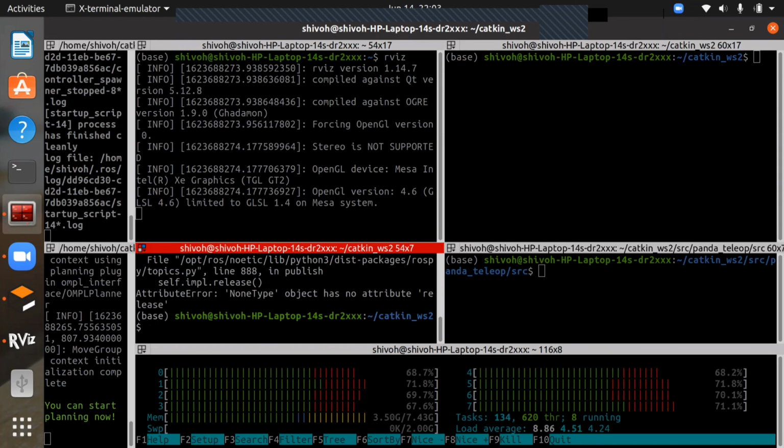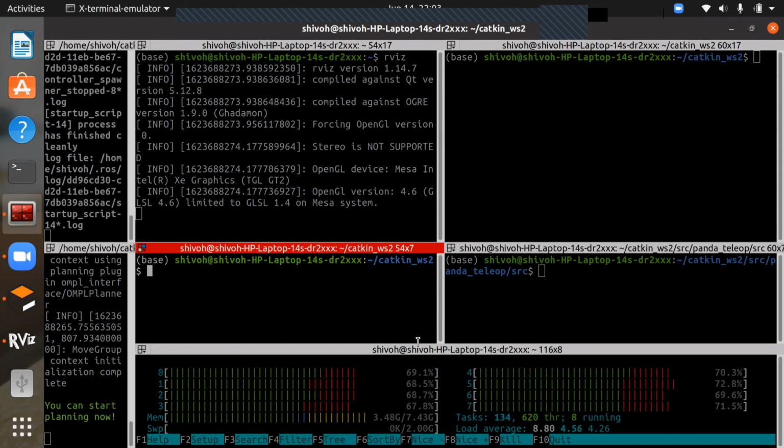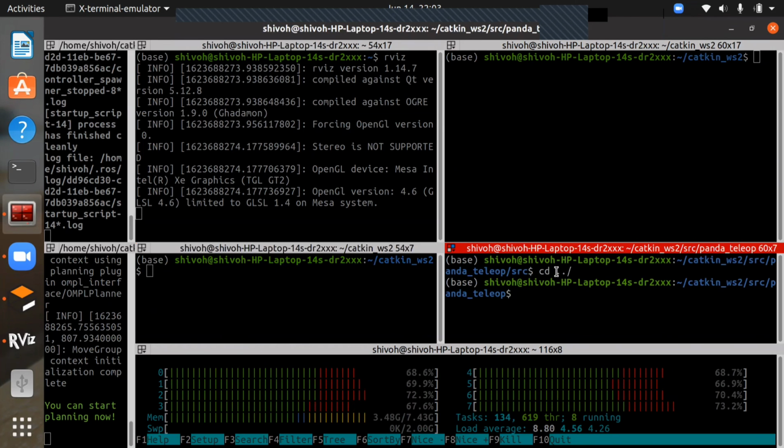And I'm also showing the package I developed as the Panda Teleop, and I will be uploading this as a public GitHub repository soon after